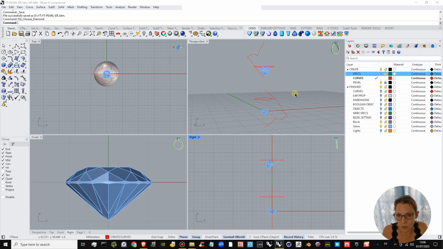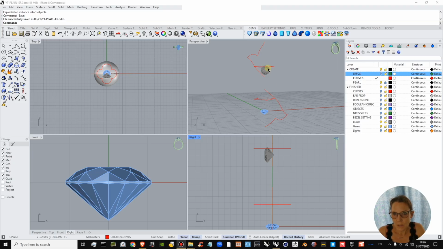It still sees the stone from the other pair of earrings, so I'm just going to explode that block and put it into another layer. So I'm just going to hide that stone, and we are going to bring this stone up